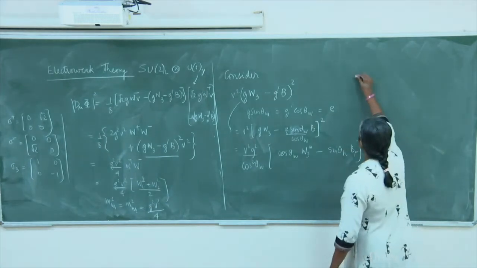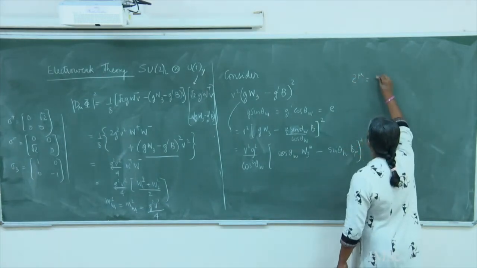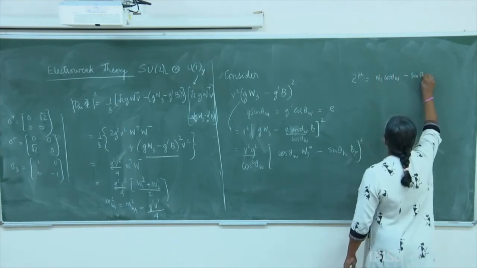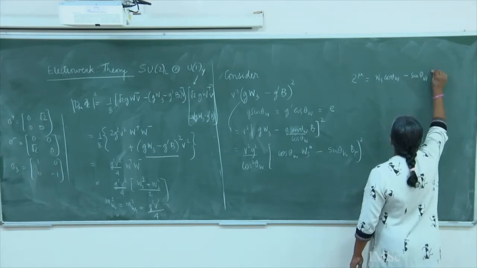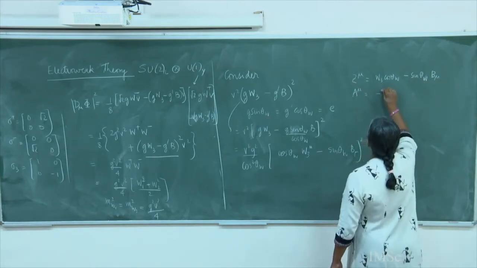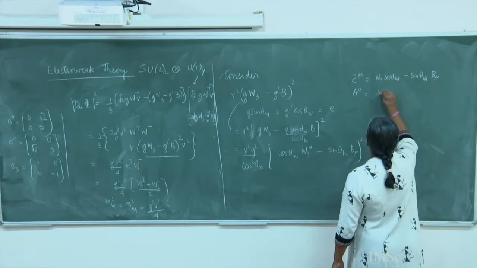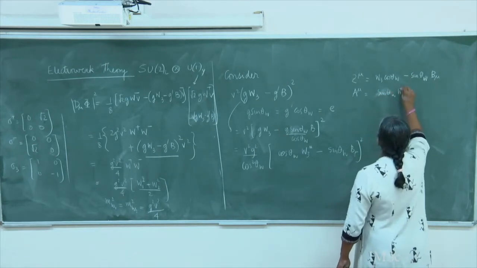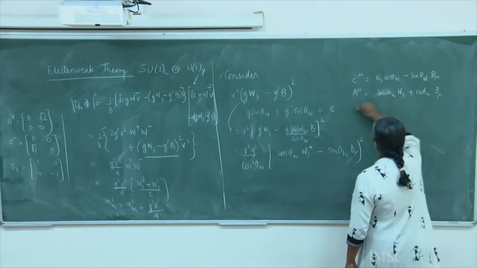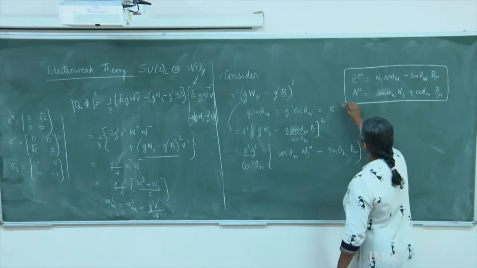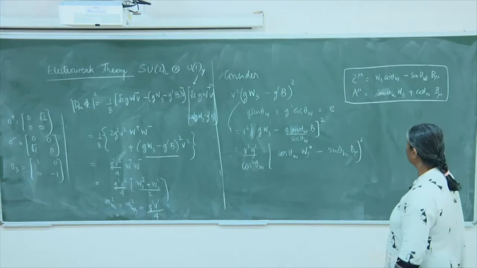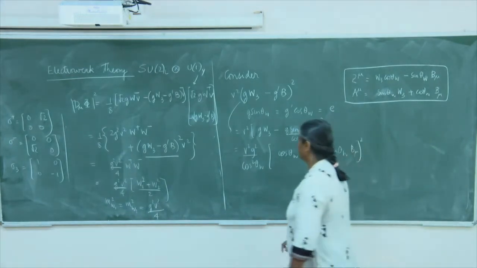You remember we had defined Z_μ = W3 cos θ_W − sin θ_W B_μ, and A_μ = sin θ_W W3 + cos θ_W B_μ. This is how we had re-expressed Z and A in terms of the Weinberg mixing angle. If you want, go back to the old notes and check this. So what is this? This is exactly,